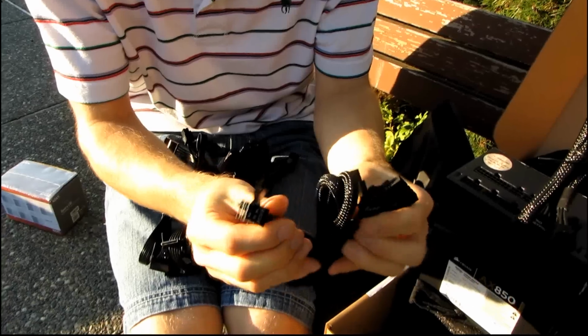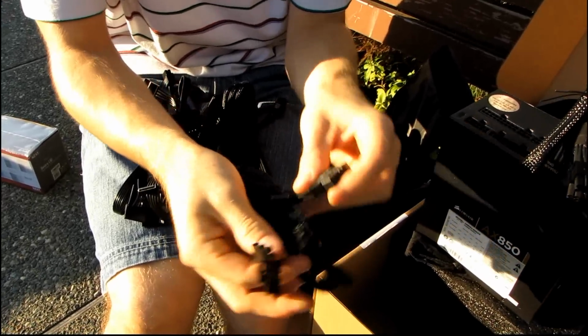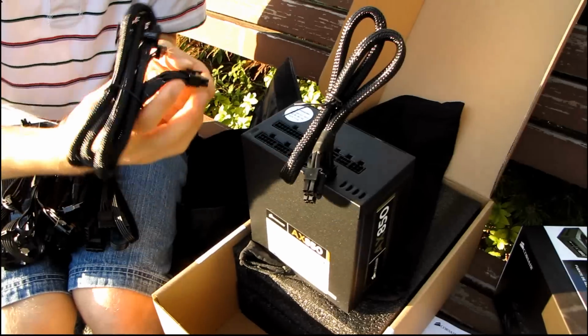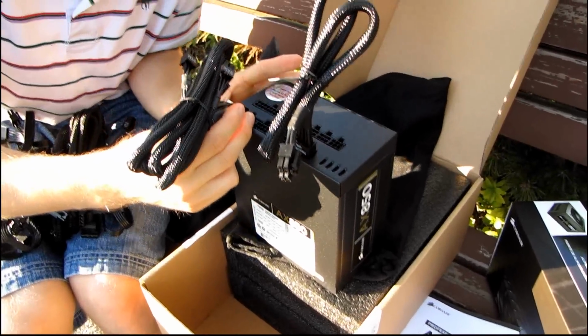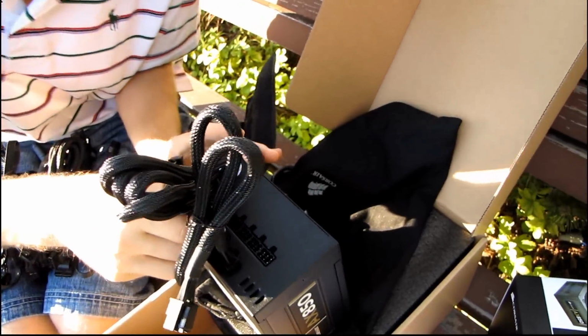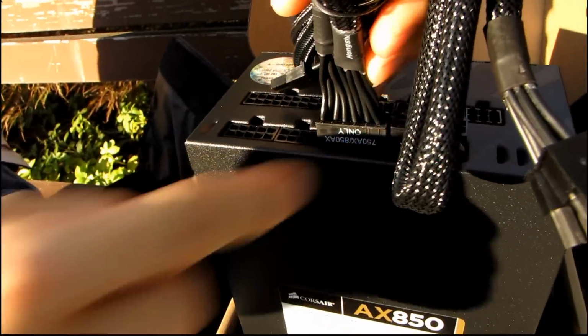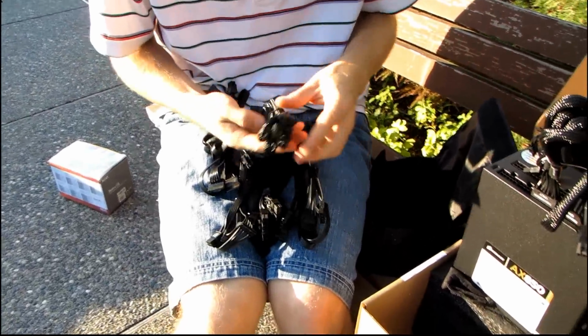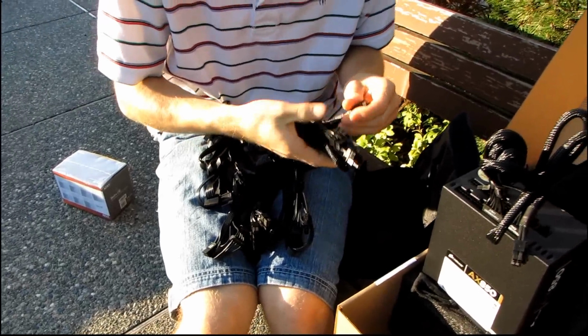So here we have, this is 2 6+2 pin PCIe. So these ones plug in here. Presumably, somewhere. Here. No. Here. No. Okay, yeah. Okay, so you can plug in 2 6+2 pin PCIe, or you can plug in EPS connectors here. Okay. And then you can also plug in 6+2 pin connectors